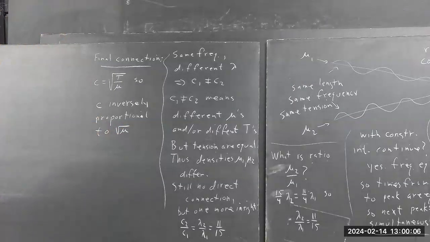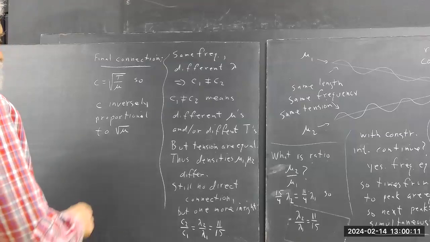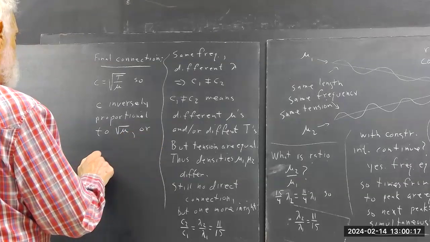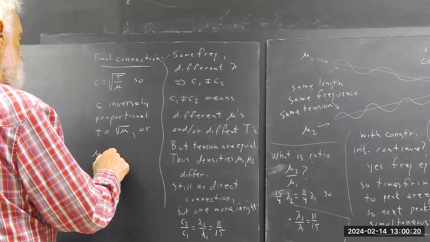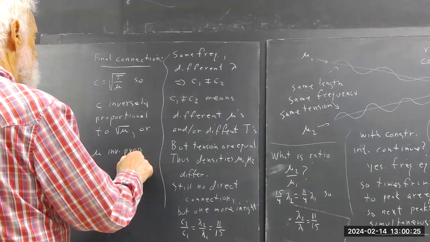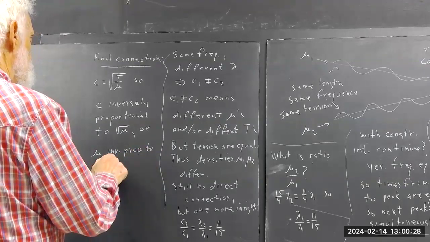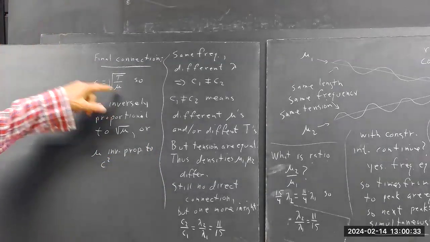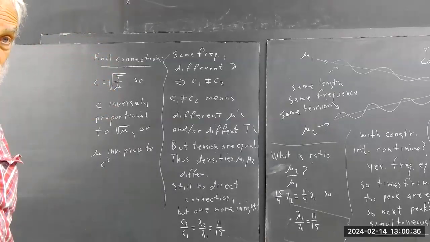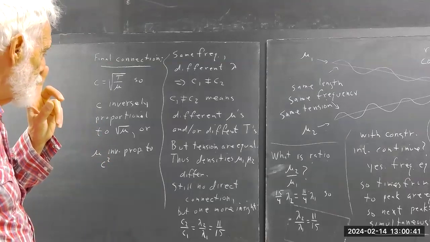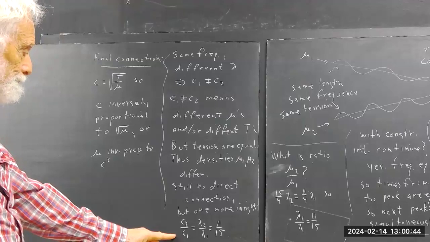C is inversely proportional to the square root of mu. Or mu inversely proportional to c squared. If you solve this for mu, you get mu equals the square root of tangent over c squared, right? So you could say it either way. Okay. Since we know the proportion to c's,